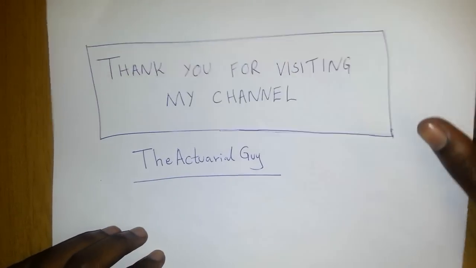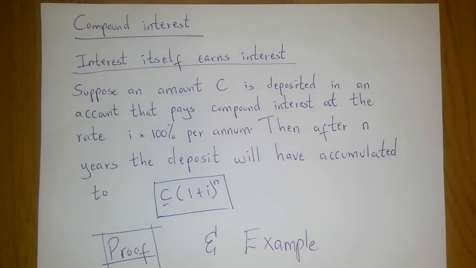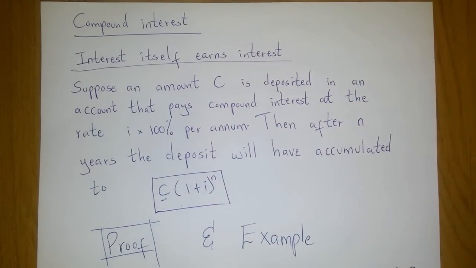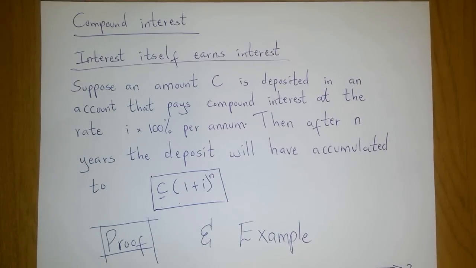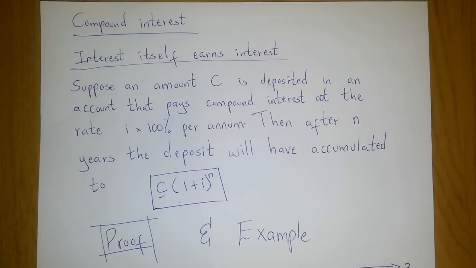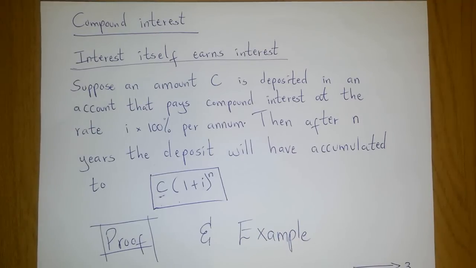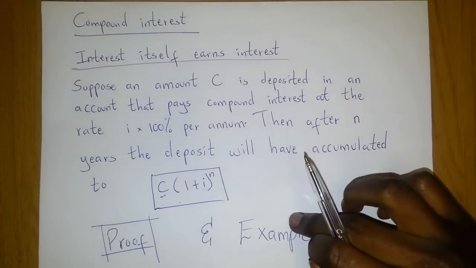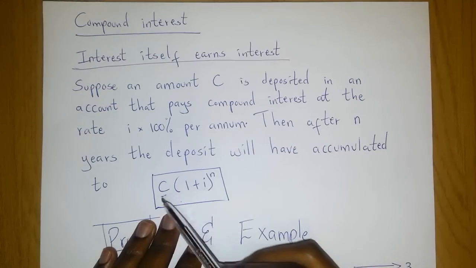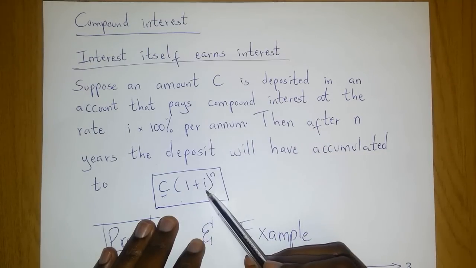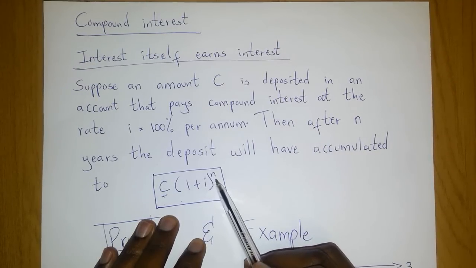This is a continuation of Unit 2 and we will be looking at compound interest. Well, in the case of compound interest, interest itself earns further interest. Now suppose an amount C is deposited in an account that pays compound interest at the rate I by 100% per annum. Then after n years, the deposit will have accumulated to C times (1 plus I) raised to the power n, where C is the amount deposited, I is the rate of interest, and n is the